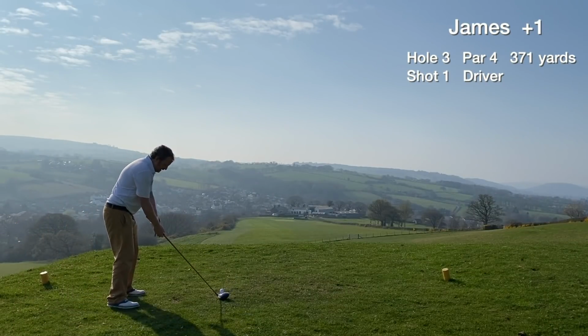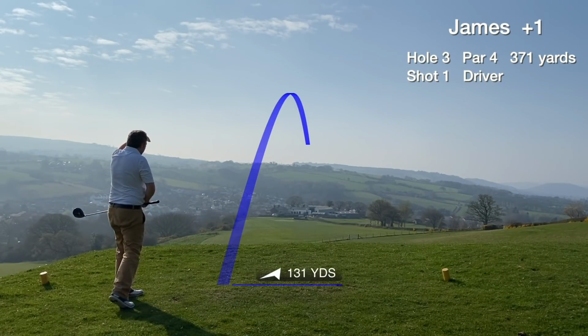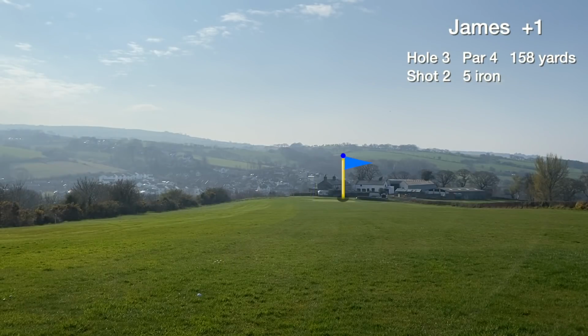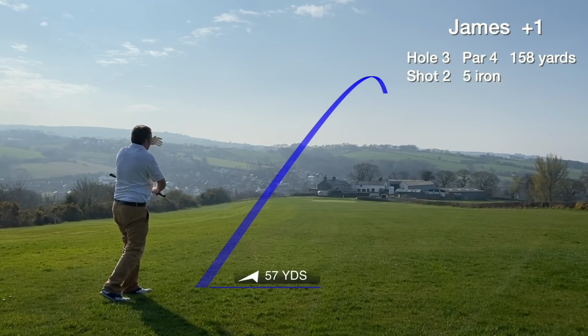Hole 3 is stroke index 1, the hardest hole on the course. And from an elevated tee, we hit a great drive, over 200 yards, and it finds the fairway. It's 158 to the green, middle, slightly downhill. Gonna hit the 5-iron. So we have a chance to hit the green in 2,